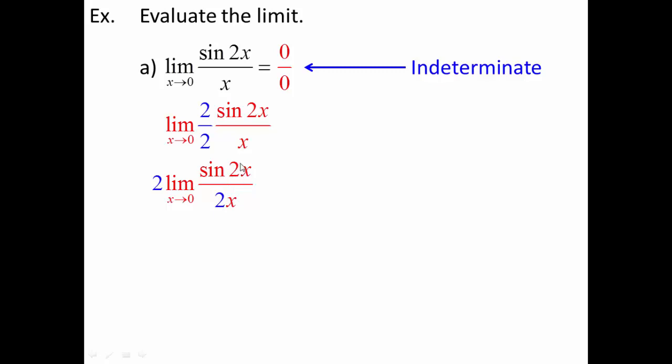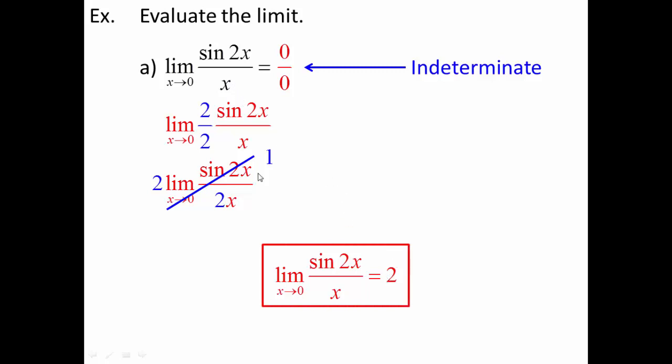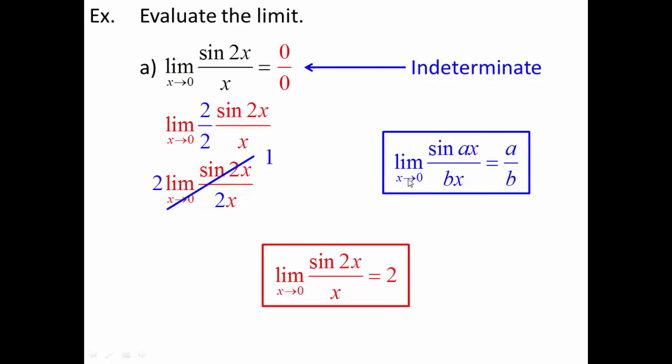In other words, the ratio of this guy to this guy has to be 1. So since that's what I have, this piece right here is 1, but let's not forget about this guy. I still have that 2 up front. Therefore, 2 times 1 is 2. So in this case, the limit is 2. So notice what I'm establishing here is kind of a shortcut. The ratio between the inside of the sine function on top to the denominator is what the answer actually is. Instead of going through all this fanciness or even the geometric approach, just remember this. The limit as x approaches 0 of sine of ax over bx is a over b.